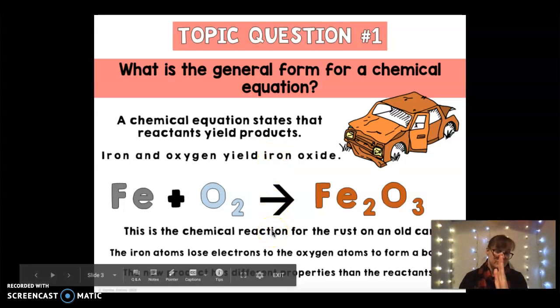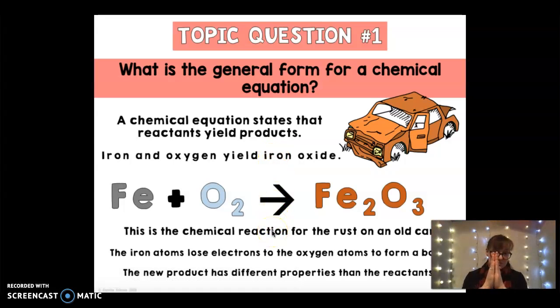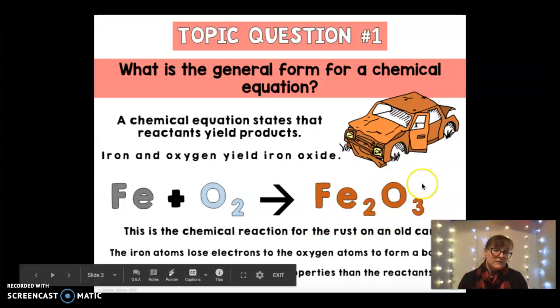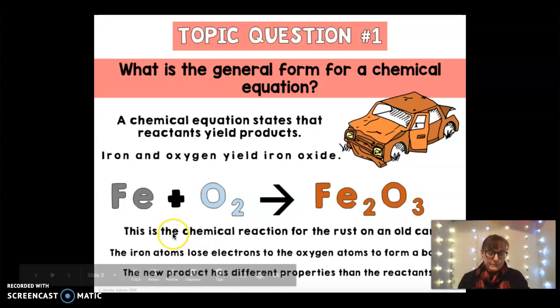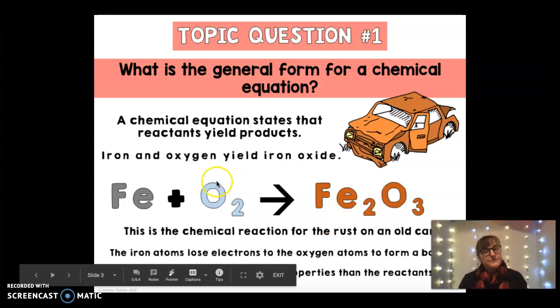Then there's the change. So the arrow is the separation between the reactants, what you started with, and the products, what you end with. So over here, this is our product. The arrow always points to what you get at the end, the products, what you have made or produced in the reaction. So when you read this, if you look up here, you've got iron and